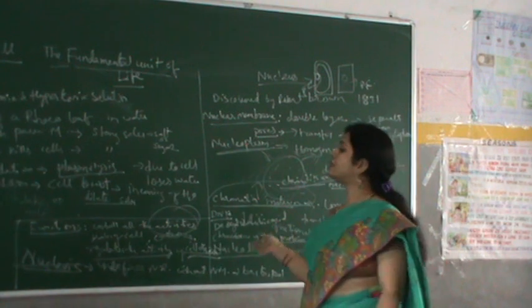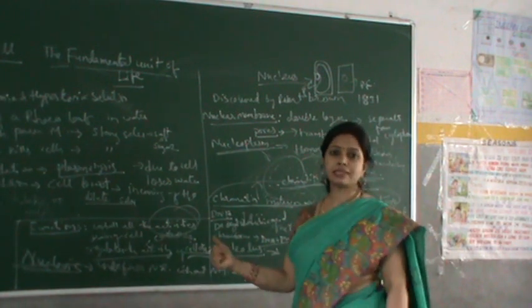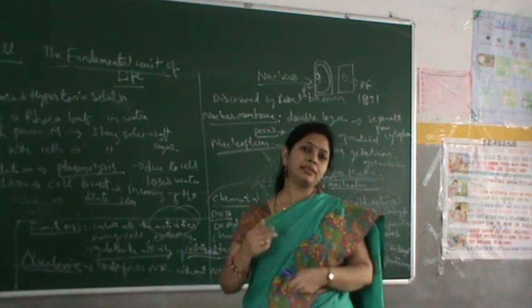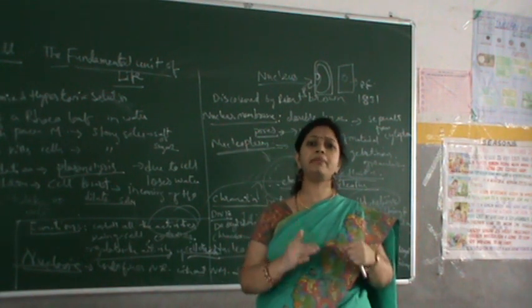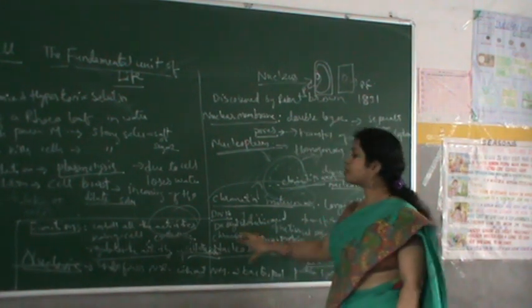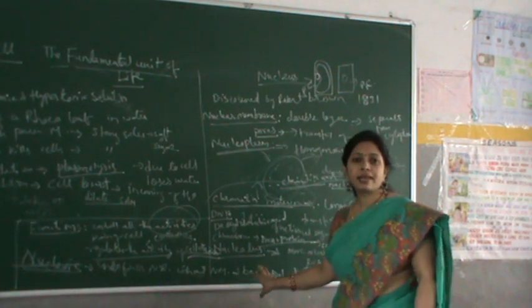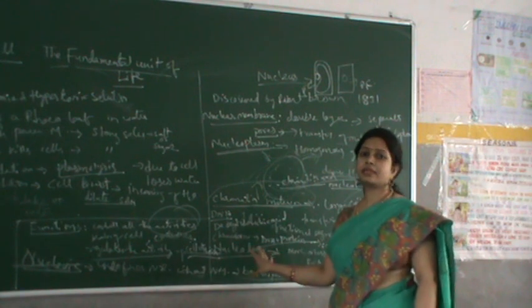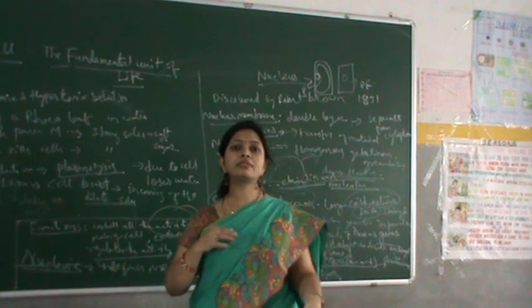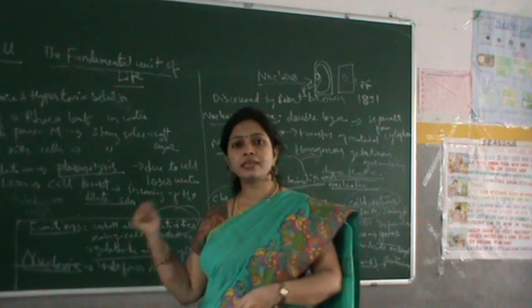So that kind of cell is a prokaryotic cell. Pro means primitive and karyon means nucleus. So they are primitive nuclear cells which do not have the main component that surrounds the nucleic acid or nuclear material, the nuclear membrane. In the next session we are going to see further details of the cell organelles.